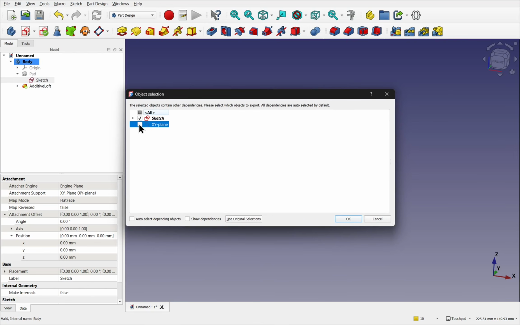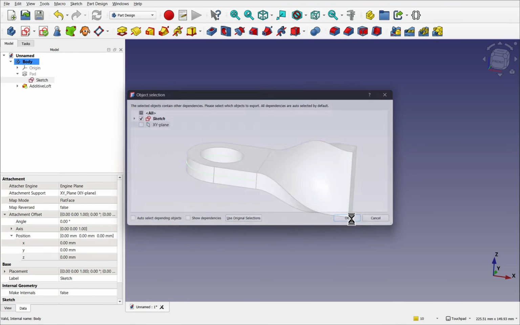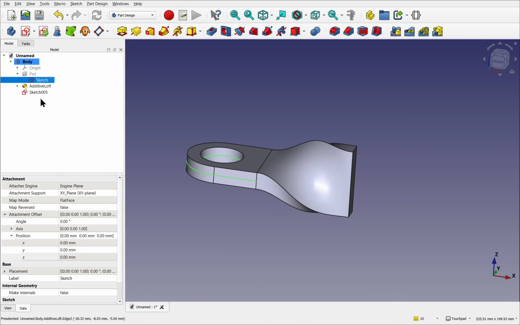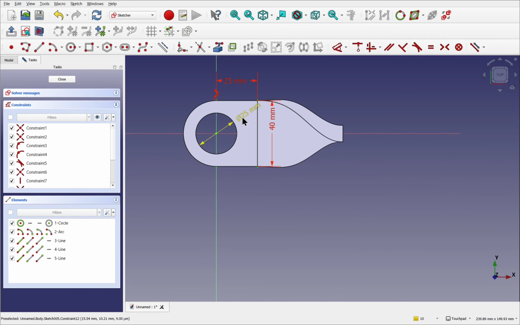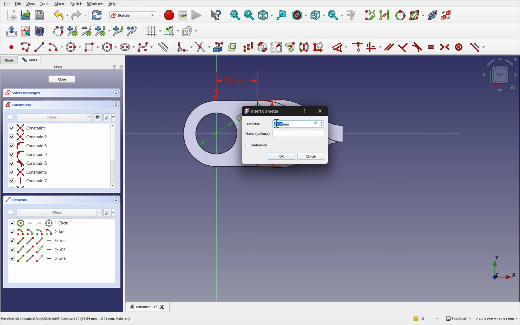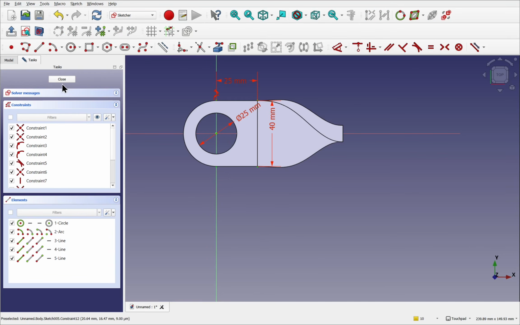Remove the XY plane, we don't need that. Just duplicate the sketch. We now have the sketch. If I double click on the sketch, I can change the data and constraints within just by modifying them. But if I close that